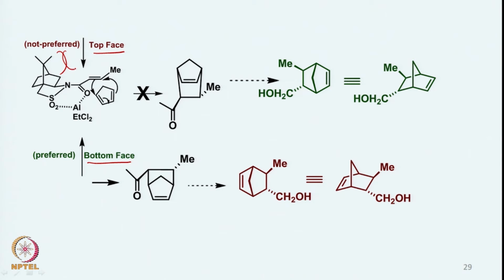Now as you can see, when the diene is approaching from the top phase, which is not preferred, then this is the kind of intermediate that will form, where this carbon bond is pointing towards us,